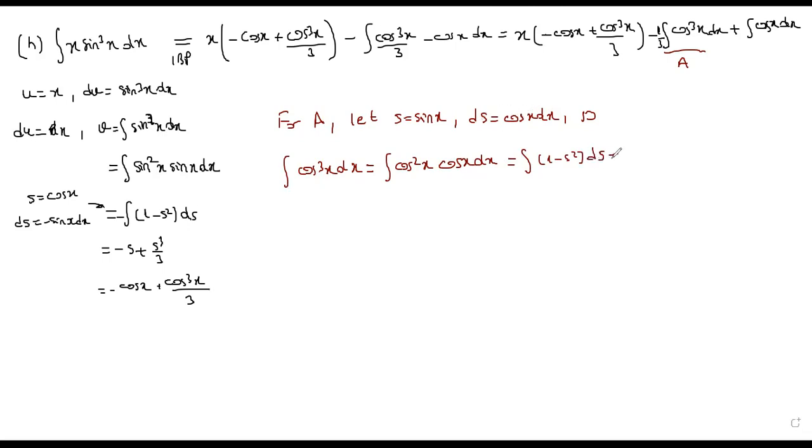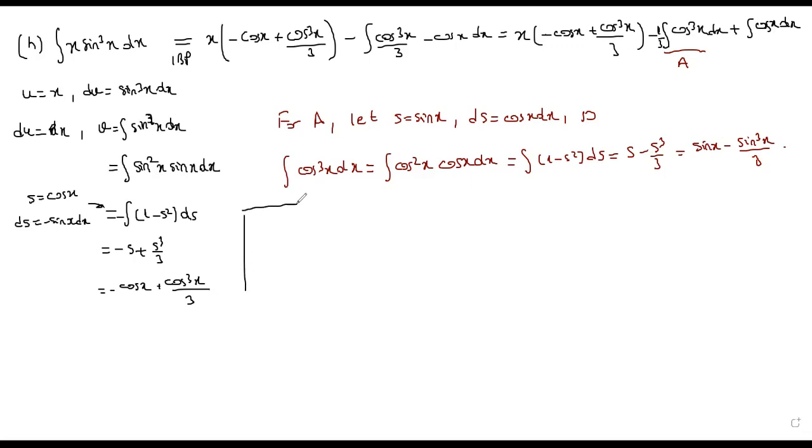Now what do we get then? Let's write directly s minus s cubed over 3 plus some constant. Let's ignore that part; here we will write that constant. So s is equal to sine x. So we have sine x minus sine cubed x over 3, right? Hence, if we write this,